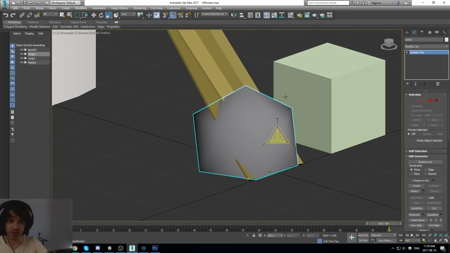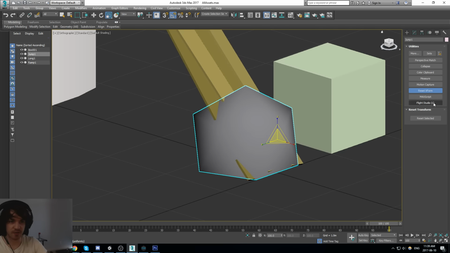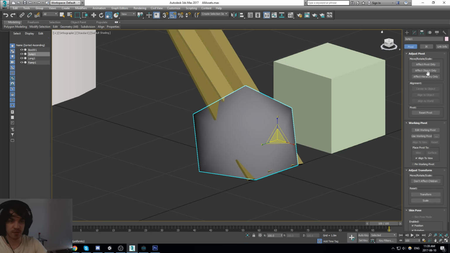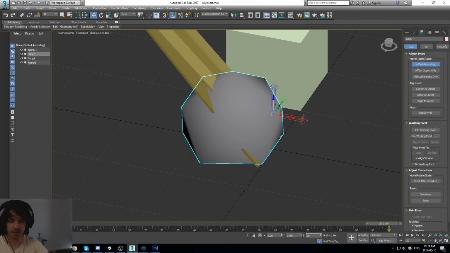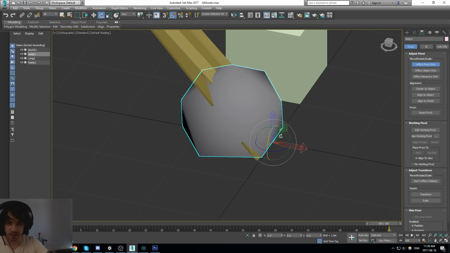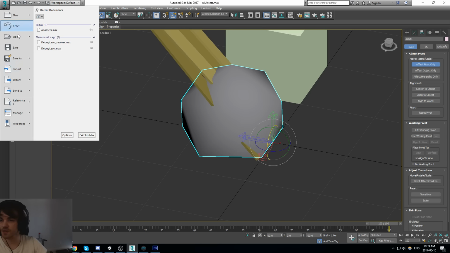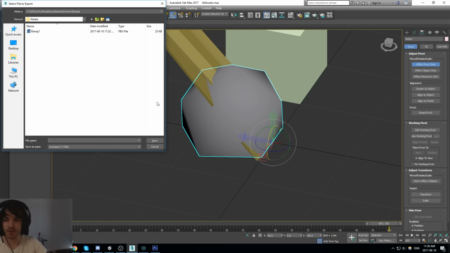All right, so let's take this rock. We reset the XForm on it. Now let's change the pivot point to go exactly in front of it, same axis as Unity. Like this. Let's save, and export this as jump 1.